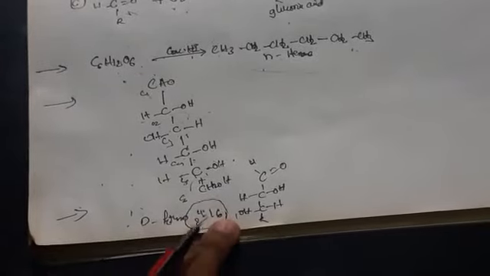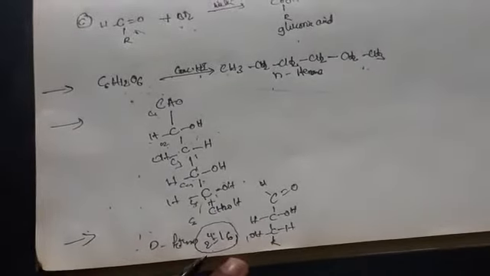Isomeric means the same molecular formula but different structures; that we call isomeric forms. So 2 power 4 equals 16 isomeric forms we are going to get. But coming to here, how many stereoisomeric forms does it have? Only 2 stereoisomeric forms, the alpha form and also the beta form. Okay, so this is about configuration.